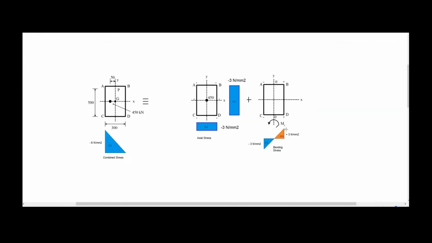Okay, so this is the distribution of the tensile stresses and compressive stresses produced by the moment My. And now, if we want to have the combined stress distribution, we are going to have something like this,